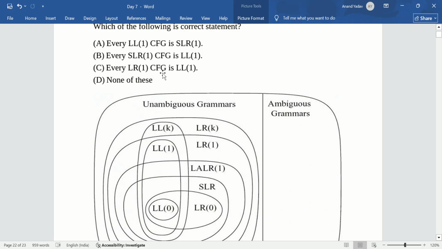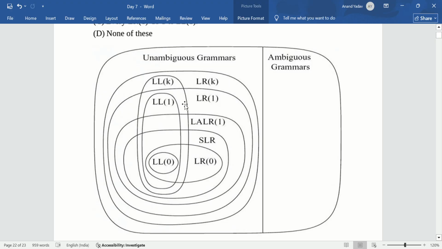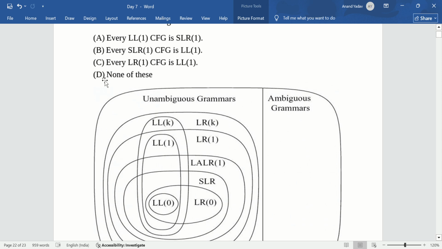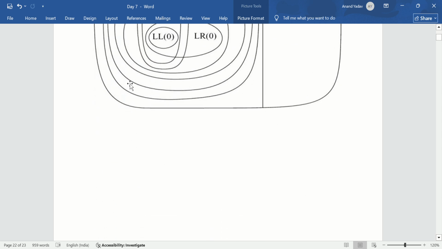Every LR1 CFG is LL1? This is LR1 and this is LL1. No, not every LR1 is LL1. So the correct answer is none of these. Now the next question is,